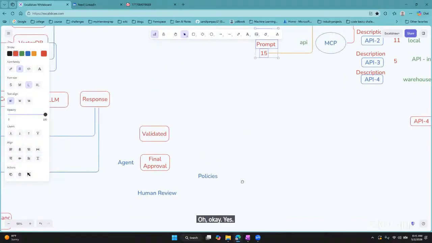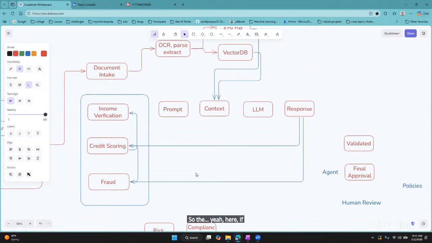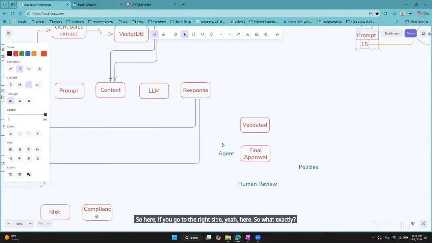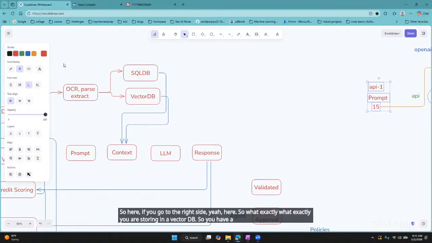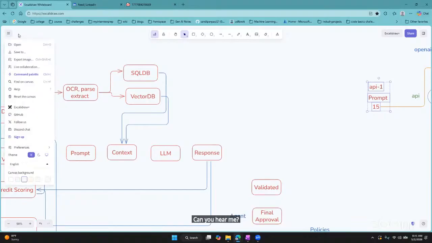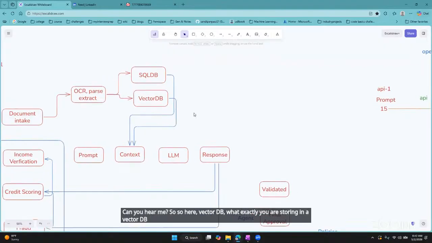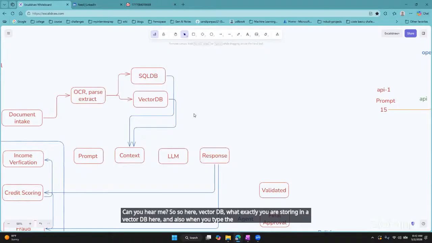Sure. Abhinav, thank you for your time. Could you please show the diagram which you presented before? So here, if you go to the right side, what exactly are you storing in a vector DB? So you have a prompt. Can you hear me? Yeah, I can hear you. So here in the vector DB, what exactly are you storing, and also when you type the prompt,